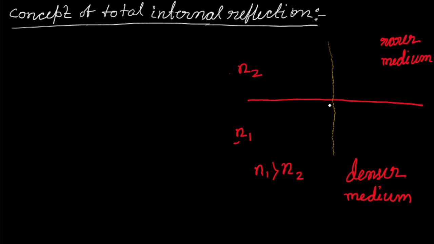Now if light is incident from medium 1, that is from the denser medium, making an angle theta 1 with the normal, some amount of light will be reflected back in this medium, and some amount of light will go to the second medium. And in the second medium, let's say it makes an angle theta 2 with the normal. Then according to Snell's law,